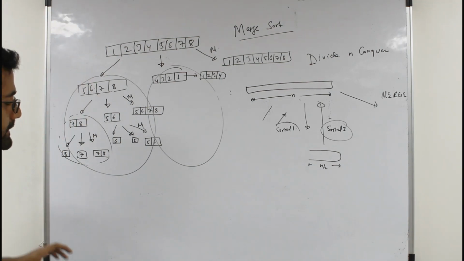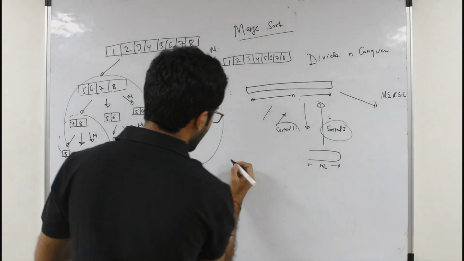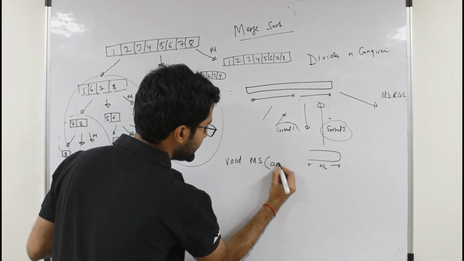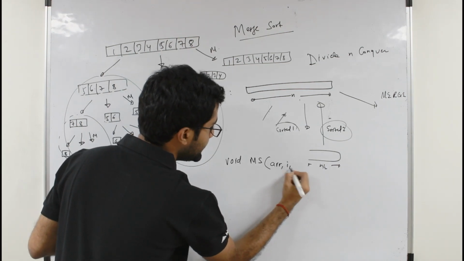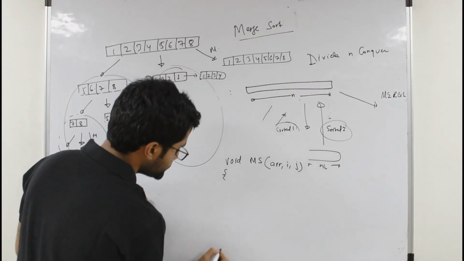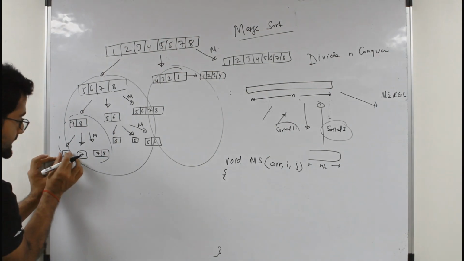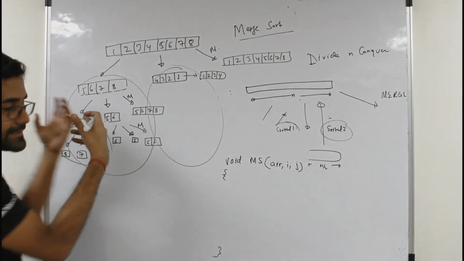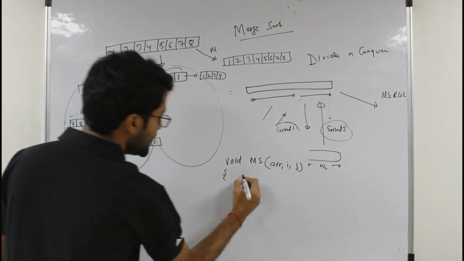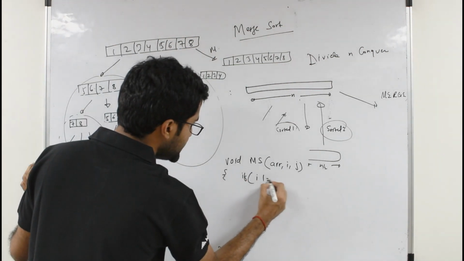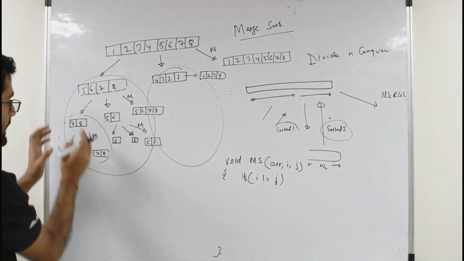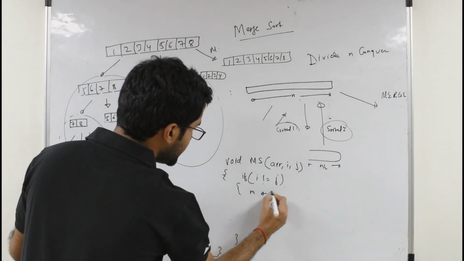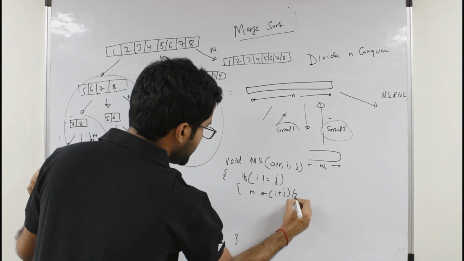So if I have to write the pseudocode for merge sort, it is simple. Merge sort would take in an array, its start index and end index. As I told you, the termination condition is size 1. So I would make further calls only when the size is greater than 1. So if i is not equal to j, it indicates that there is more than one element. In that case, the first thing I do is find the mid, which is (i plus j) upon 2,